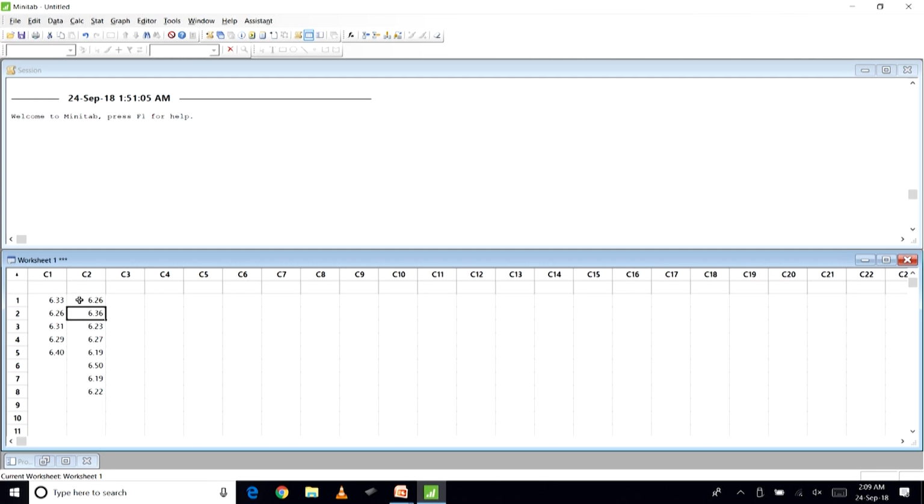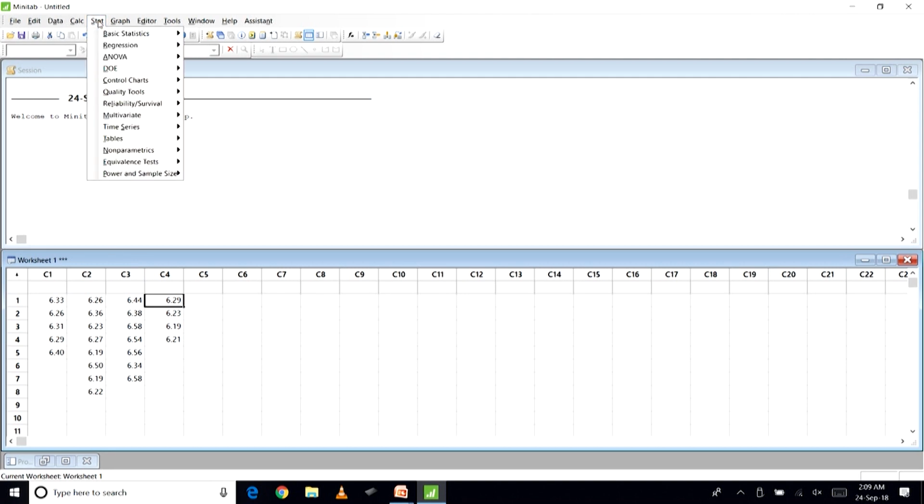So, 6.22 is the last value for the 8th observation in the second sample: 6.58, 6.54, 6.56, 6.34, 6.58. So, there are only 7 observations in the third group. As far as the fourth group is concerned, the first value is 6.29, 6.23, and the last one is 6.21.